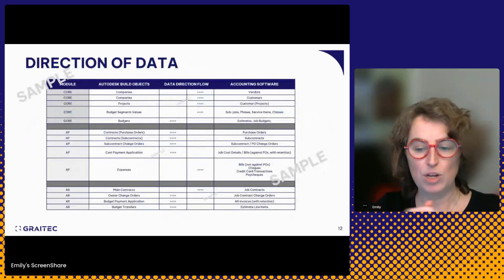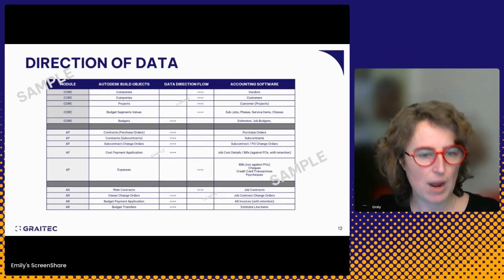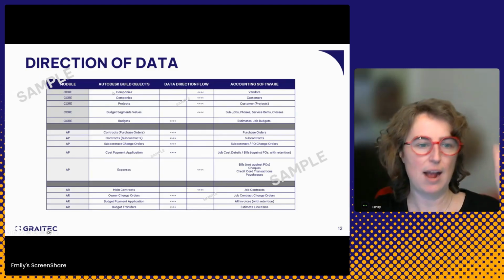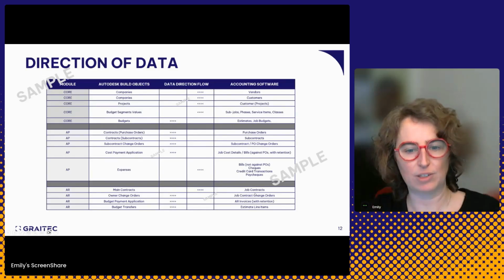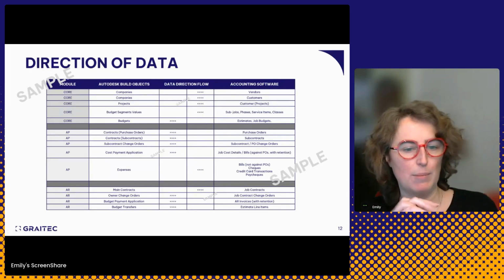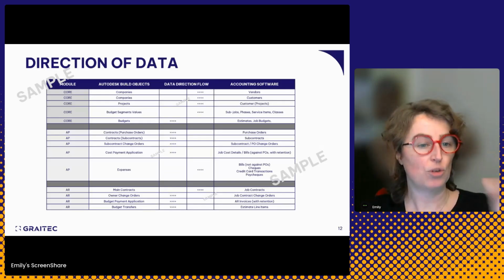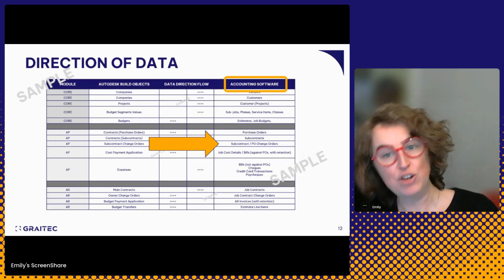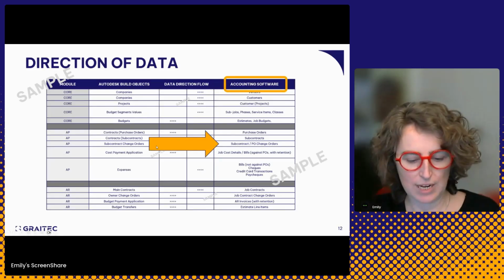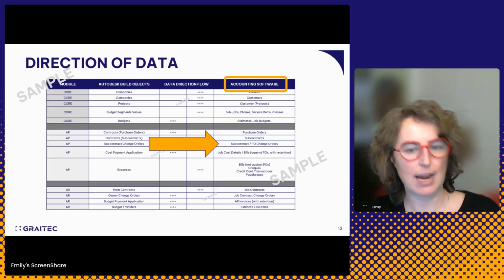So no matter whichever accounting system you have working for you, a workflow is going to look somewhat like this. You're going to have your build objects and you're going to have your accounting software objects. And this is sample. It's kind of a mix of some of the options I've seen in all different accounting systems. Certain build objects are going to go into the accounting software. Okay. And this is part of the integration conversation is you will tell us, and we will also tell you